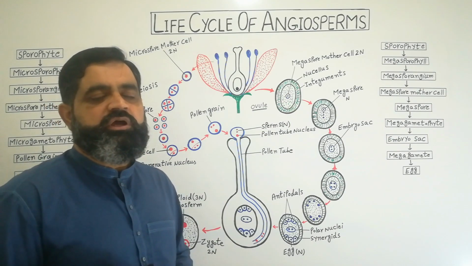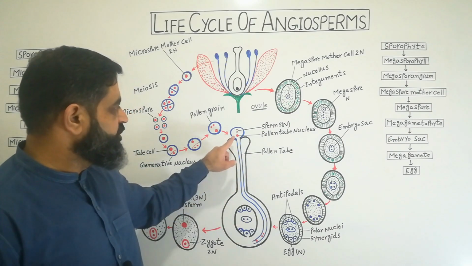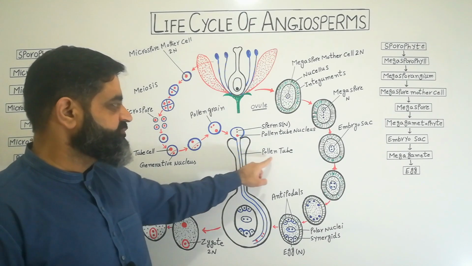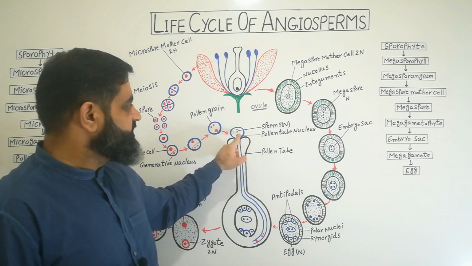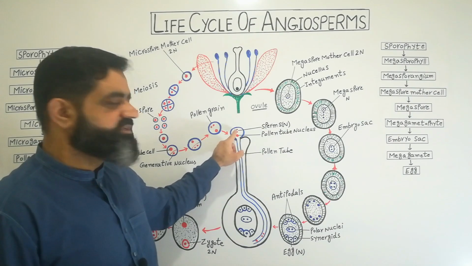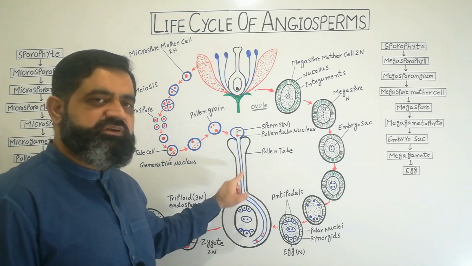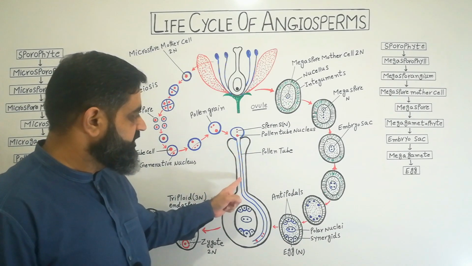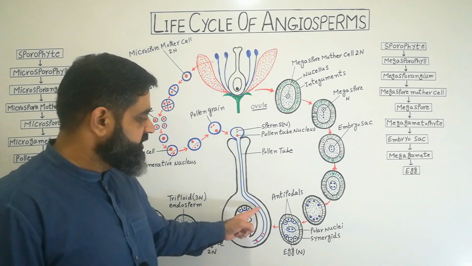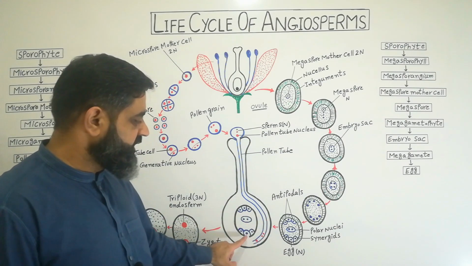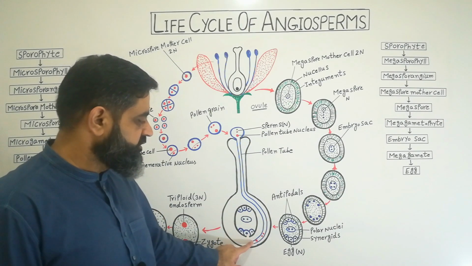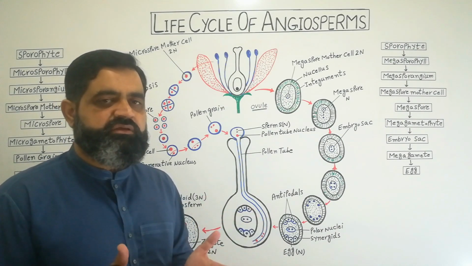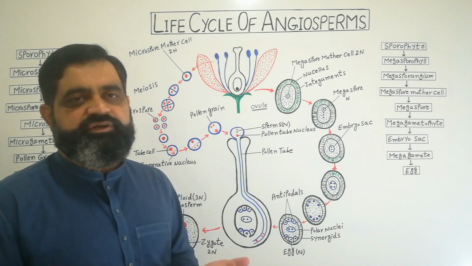Now this pollen tube nucleus will dissolve the tissue, digest the tissue, and make a tube which is known as the pollen tube. And just behind this pollen tube nucleus are the sperms, which are going to travel towards the egg. Now this tube elongates all the way down in the blue color, turns around and reaches the egg and dissolves the tissue. And then after dissolving all this tissue and making a path, the pollen tube nucleus degenerates.